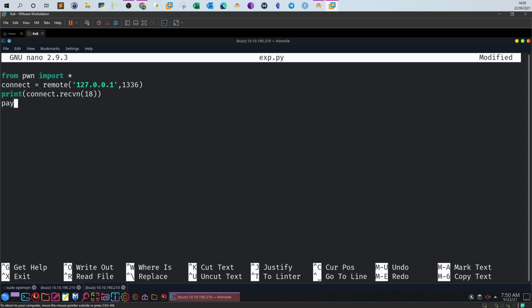So payload equal, we type the A in hex, and then we type times 32 plus p32